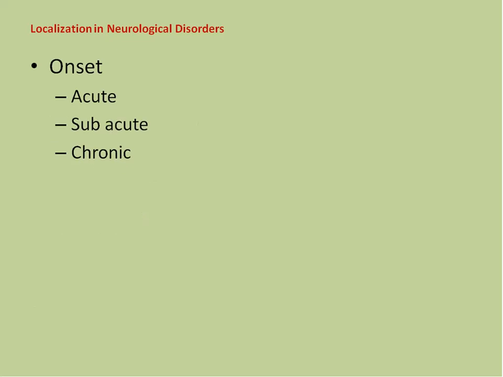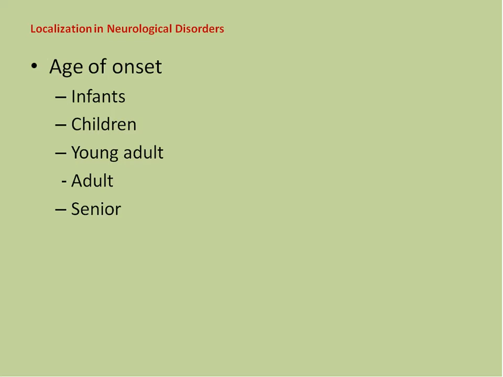Onset. Onset could be acute, subacute, or chronic. Acute: the patient was very fine, and the next moment, suddenly, boom, there is a neurological deficit. Subacute: the patient has had these symptoms for a week or a month, and chronic is for years. Age of onset: there are certain specific diseases that occur in infants, children, young adults, and very characteristic diseases in adults and seniors. If we go through each heading, they assist us further to localize